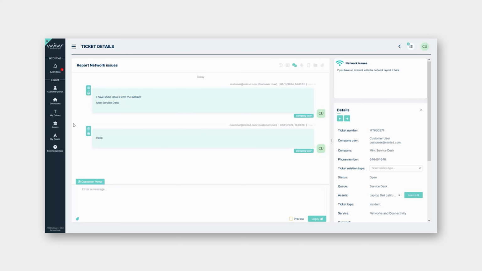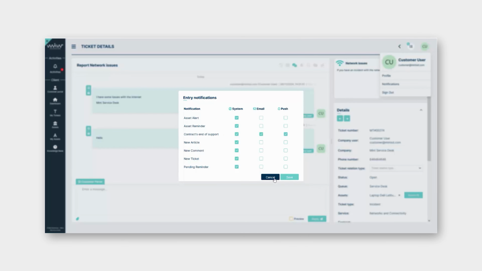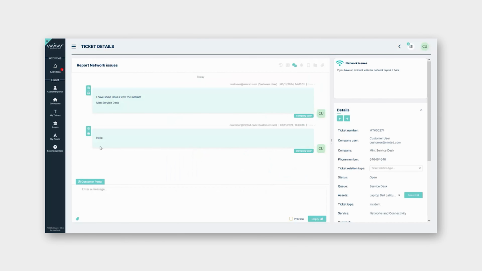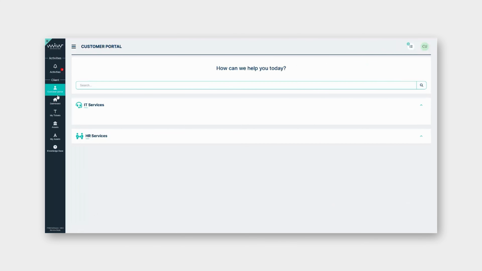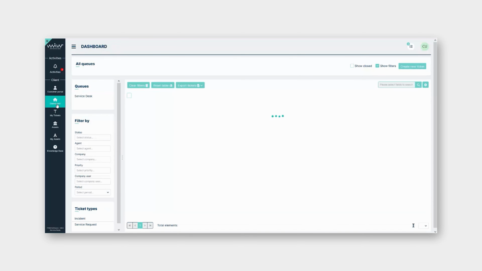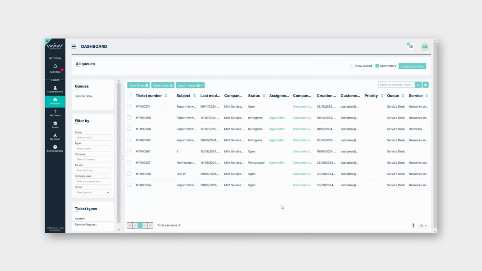Okay, then if I go back, then of course at some point the agent will solve the situation. I can also receive notifications by email, because here I have the notification and I can decide if I want these notifications on the system by email and many other options. Okay, additionally here, apart from the customer portal, I can also go to the dashboard